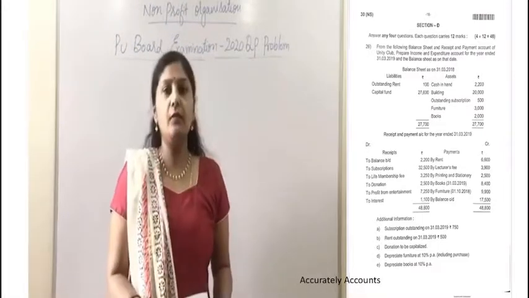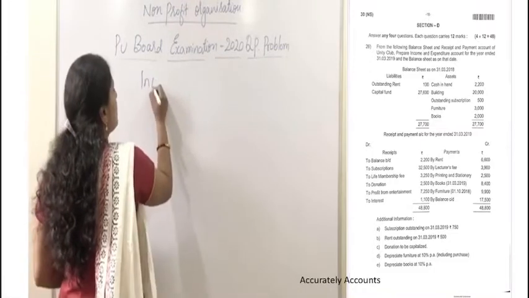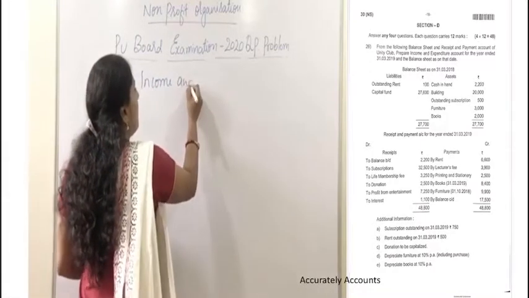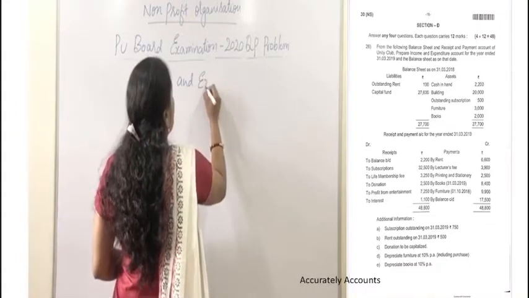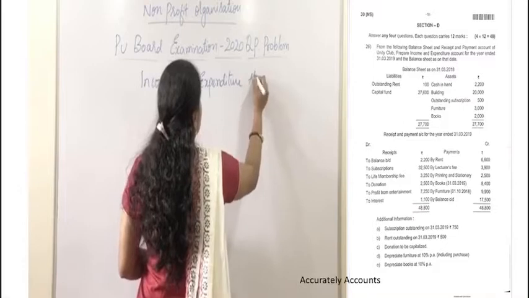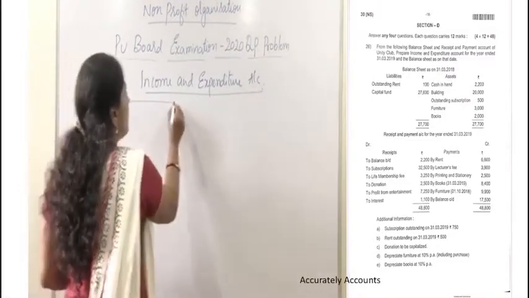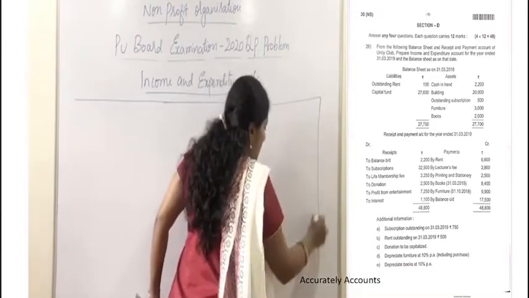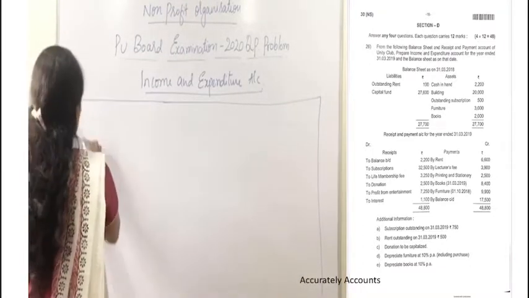Now let me begin with the income and expenditure account. We all know that the income and expenditure account is a nominal account, and it is just like a profit and loss account which we prepare for a non-profit organization. So writing the heading in the middle is always compulsory. In accountancy we insist on making the proper format. So writing debit and credit is also compulsory on both the sides.